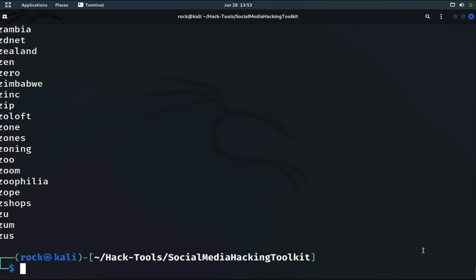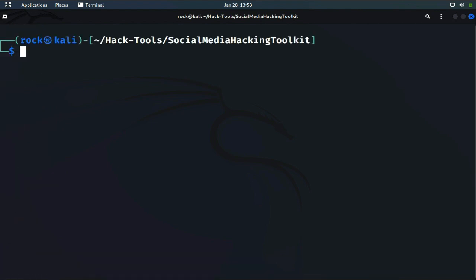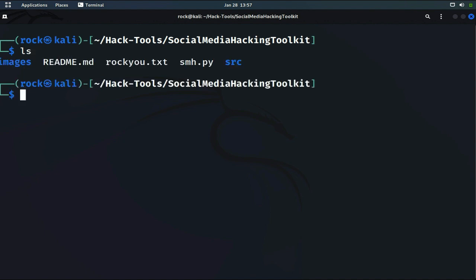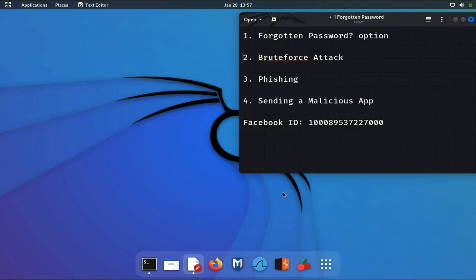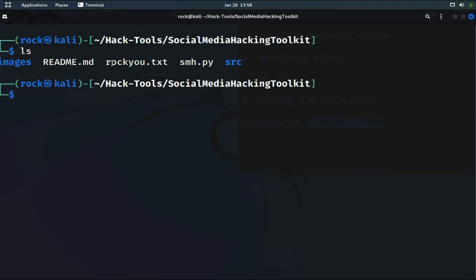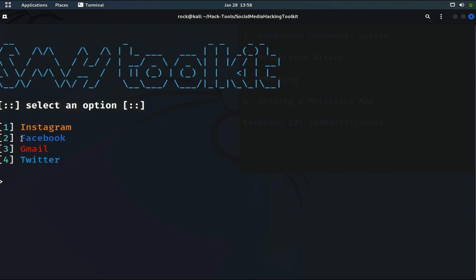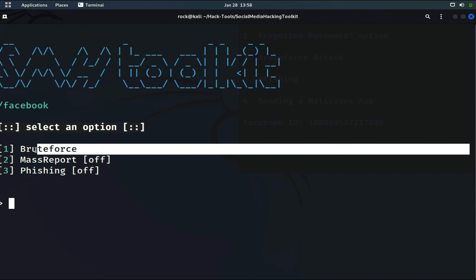Now just watch how I use the program to perform the brute force attack. So I'm going to run this program, smh.py, and I'm going to provide Blamando's Facebook user ID and use this password file, RockQ.txt. So I'll run the program, choose Facebook, select brute force,